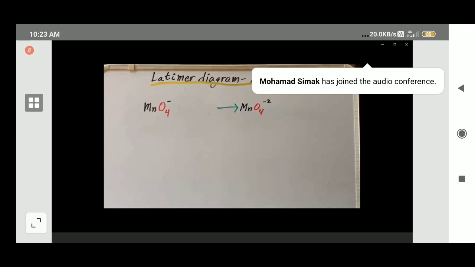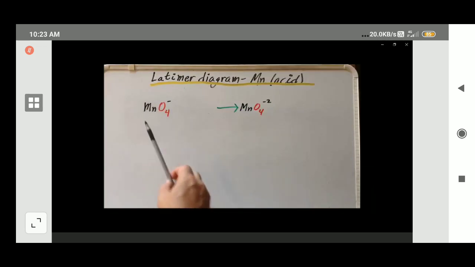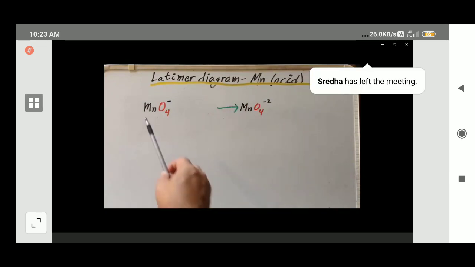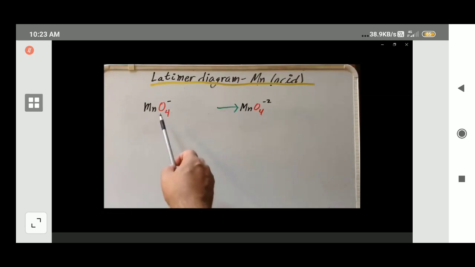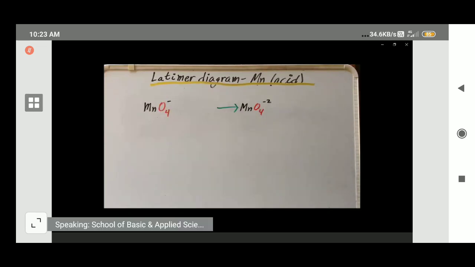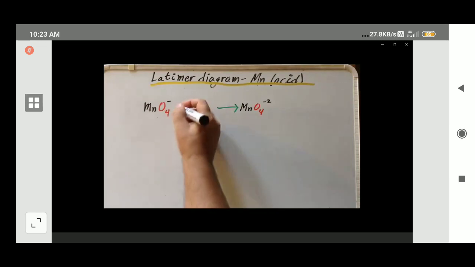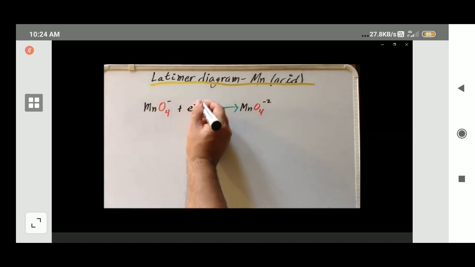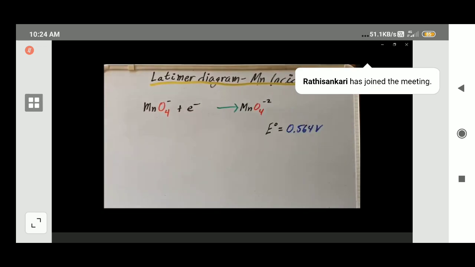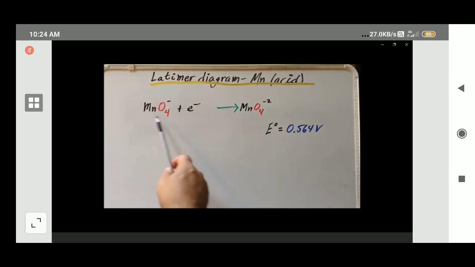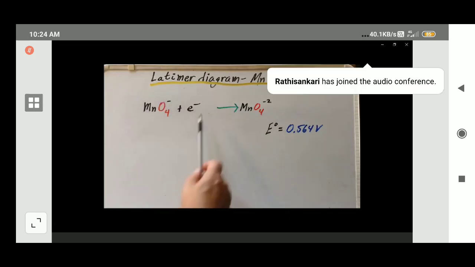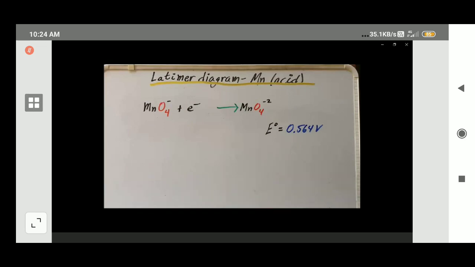For the first half reaction, we have the reduction of permanganate ion to manganate. This one will be done rather quickly because the number of manganese doesn't change and the number of oxygens doesn't change. We simply change the charge from -1 to -2, so this can be achieved simply by adding 1 electron. We can quickly double check by making sure that the charges on each side are equal. The left hand side has a -2 charge, and the right hand side has a -2 charge. The standard reduction potential for this half reaction is 0.56.